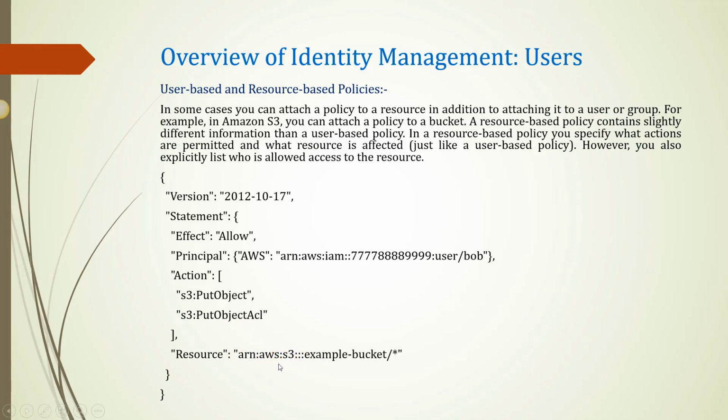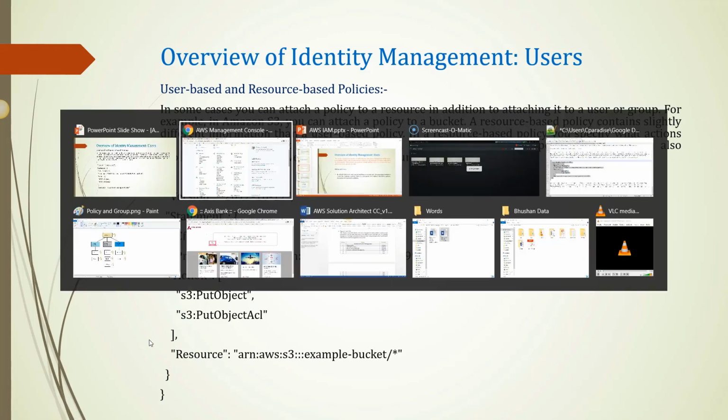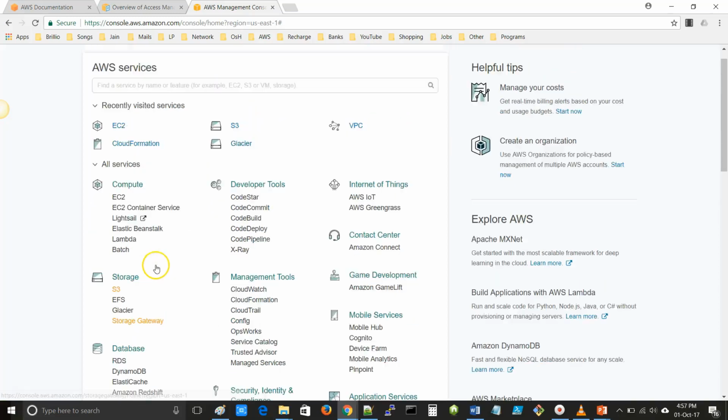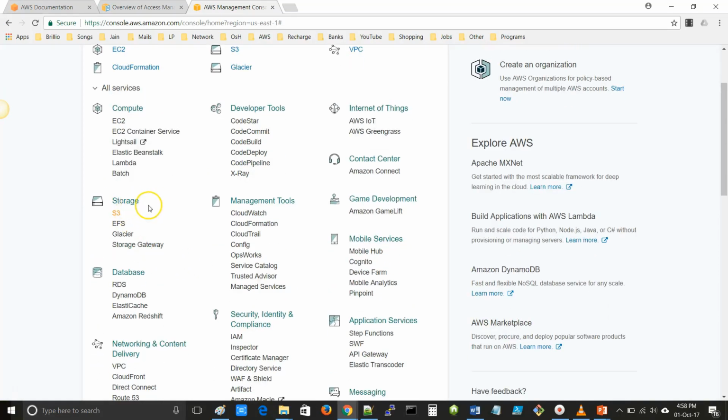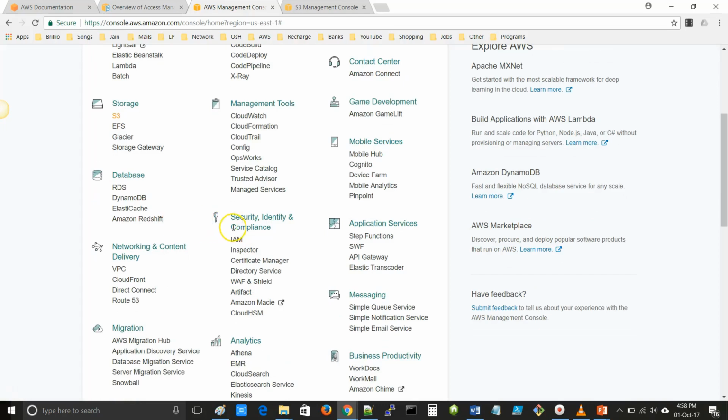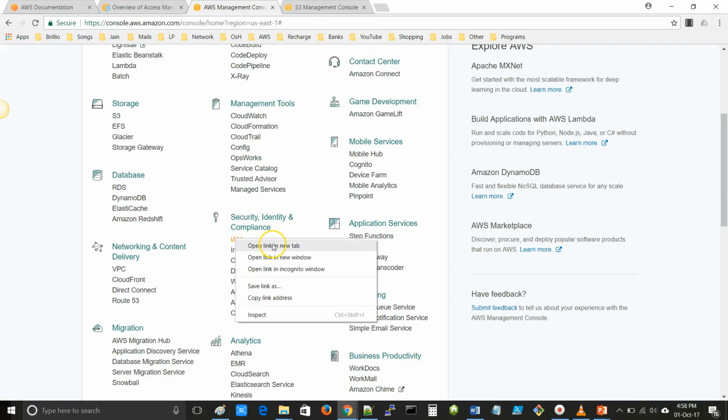So we can see this practically on the AWS Management Console. Let's go to the AWS Management Console, and here you can see that AWS has different services. In the storage section you can see S3. Before opening S3, I will show you the user which is created in this account.